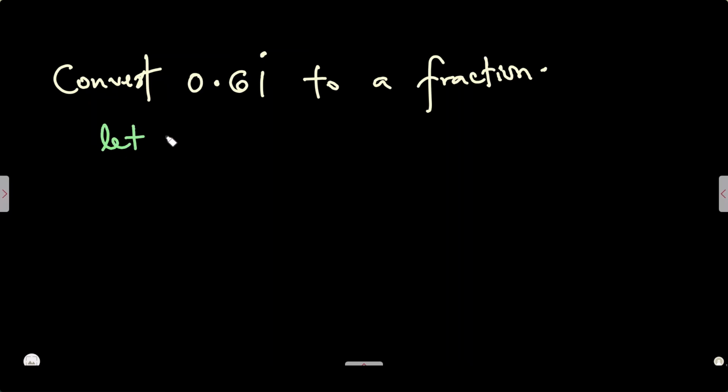let x, y, any letter you want to use. I'll use y, be 0.61111, because the 1 is the digit that's recurring. Now because there's only one number recurring here, which is the 1, I'm going to multiply this by 10 and write also by 10. So I'm going to multiply here by 10, so that's going to give you 10y, and also multiply this by 10, so this would be